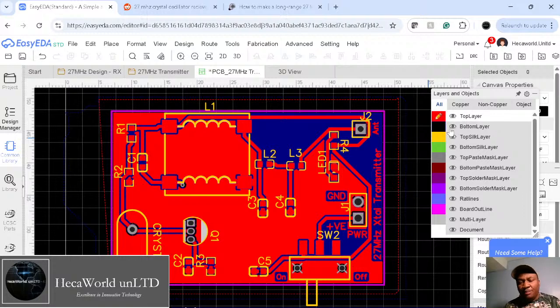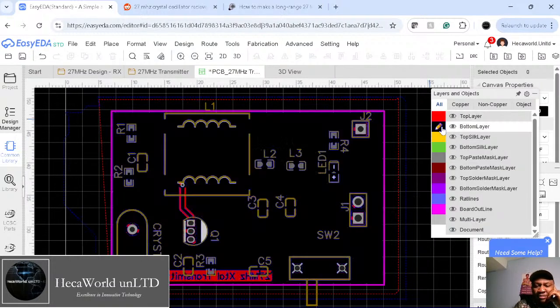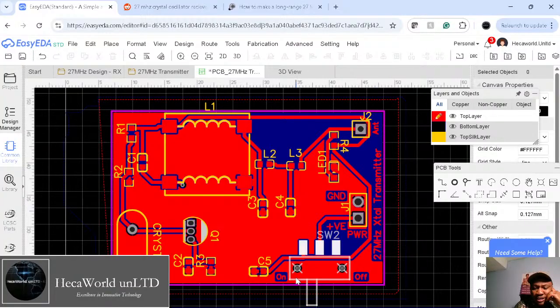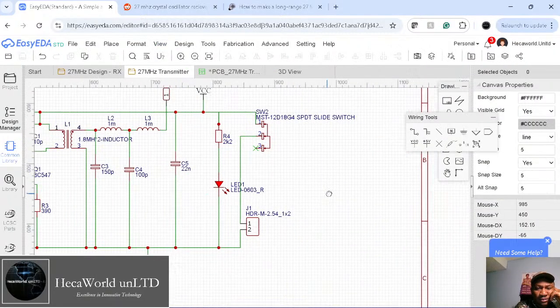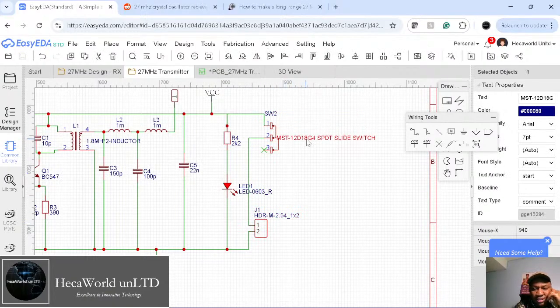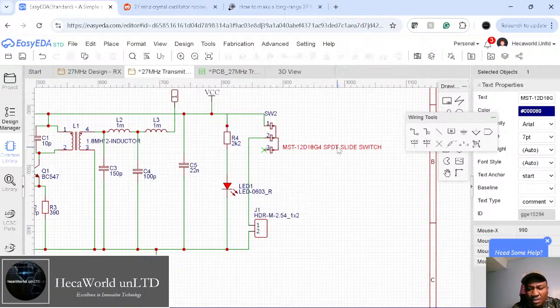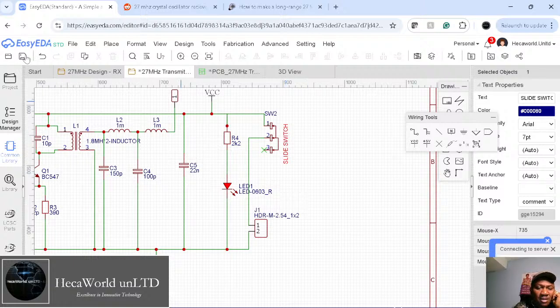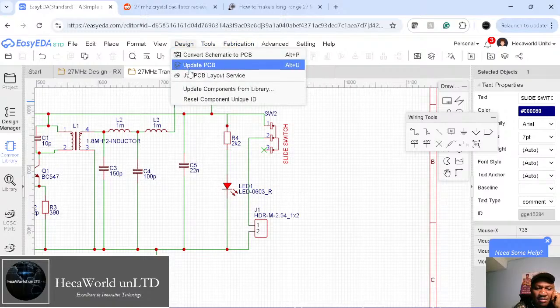So I'm just gonna click on the top to see the top layer, click on the bottom to see the bottom layer. And you can see the on and off are now part of the board. If I wanted it to be different, I could have, on this side of the board, given it whatever name I want. So instead of slide switch, we already know it's slide switch, but just to give you an example. So a slide switch here, right? Then when I save and I update the BOM, design, then update the PCB,